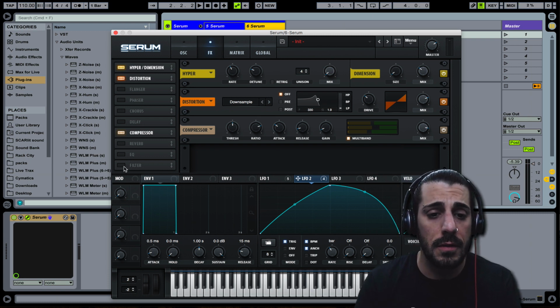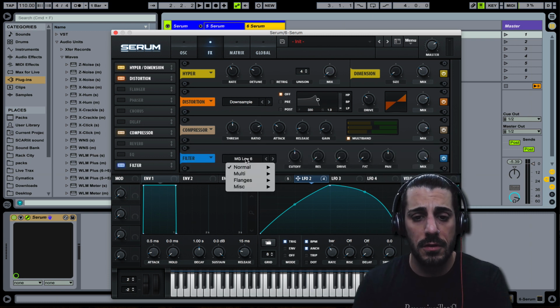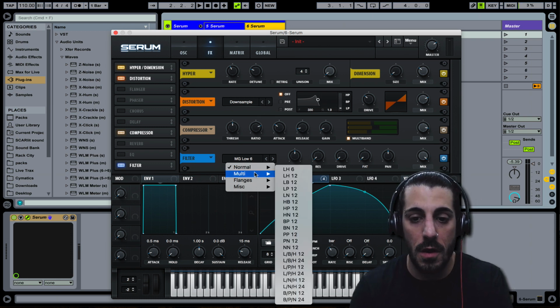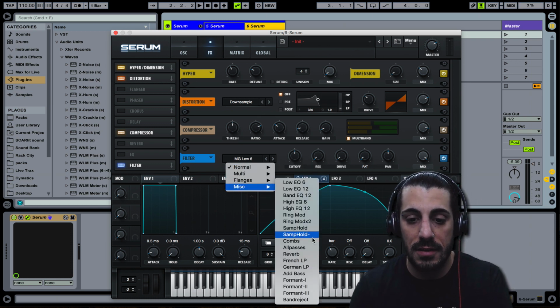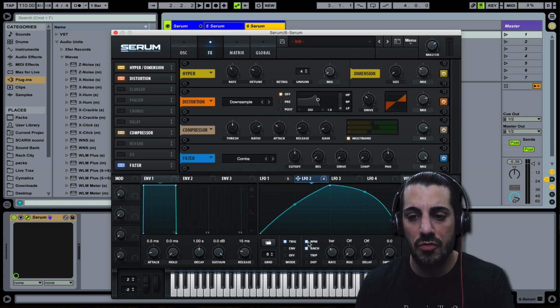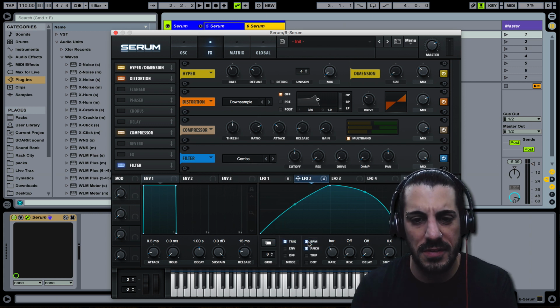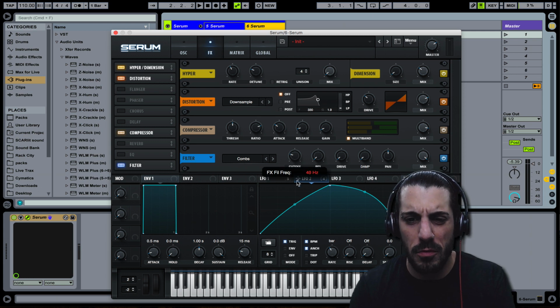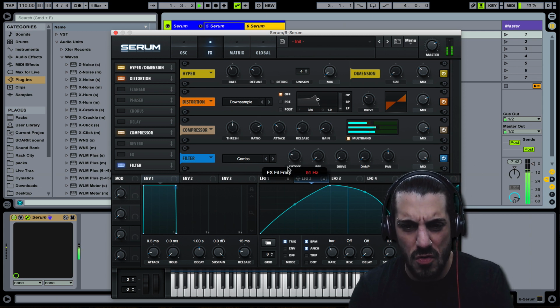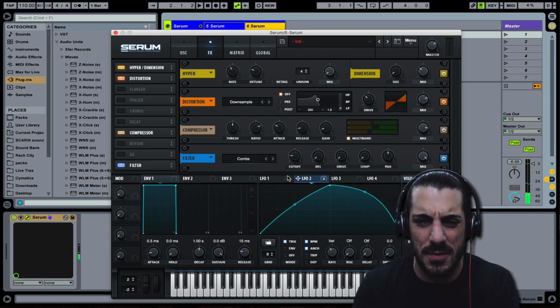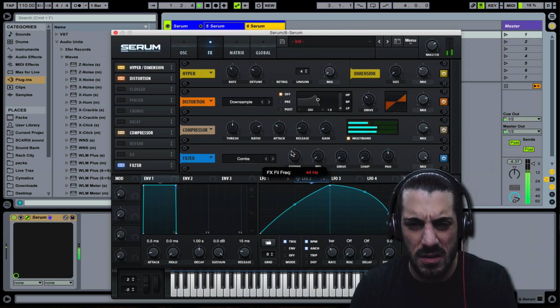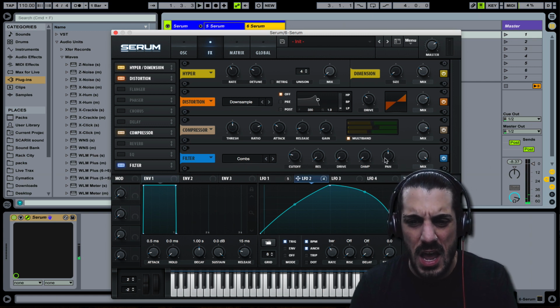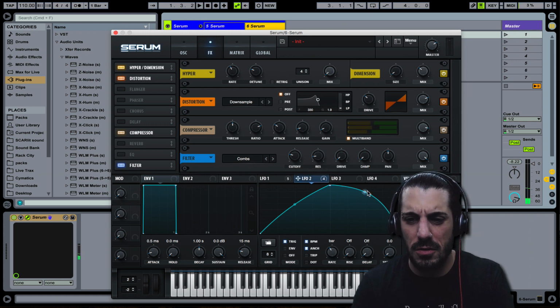Finally, we're going to do something pretty interesting. I'm going to open up a filter, and well, the whole thing's interesting, but the effects are pretty standard so far. But here I'm going to go down to miscellaneous, go down to my combs, and we're going to create like a comb filter type sound here. So let's pull this back. Right, so you see what's happening there. Cool. So let's dial that in, and let's go ahead and bring our resonance up a little bit,